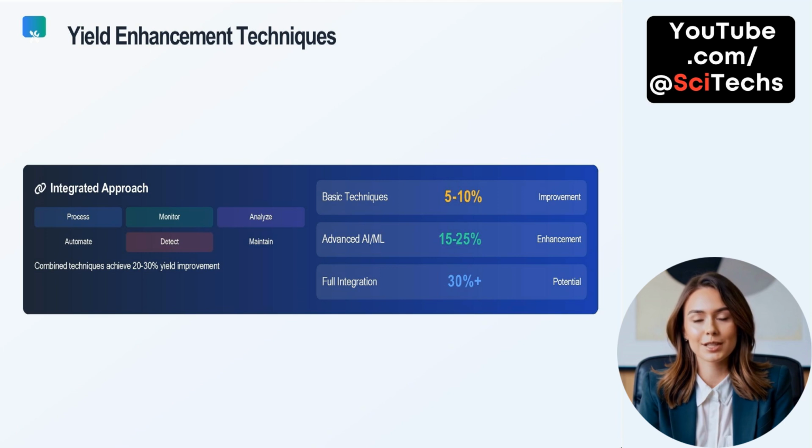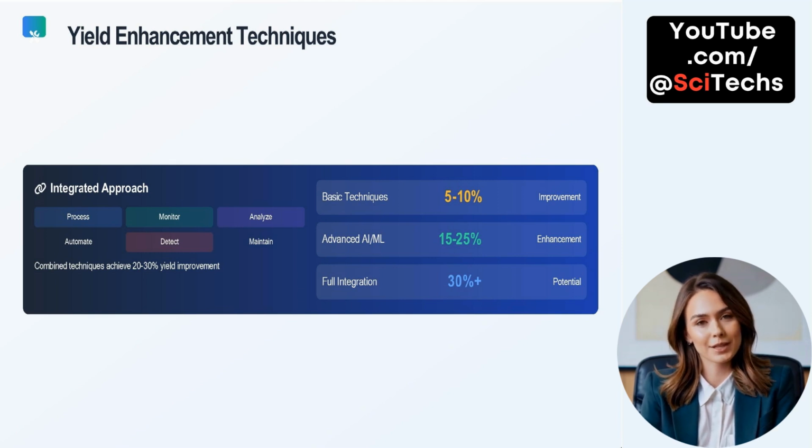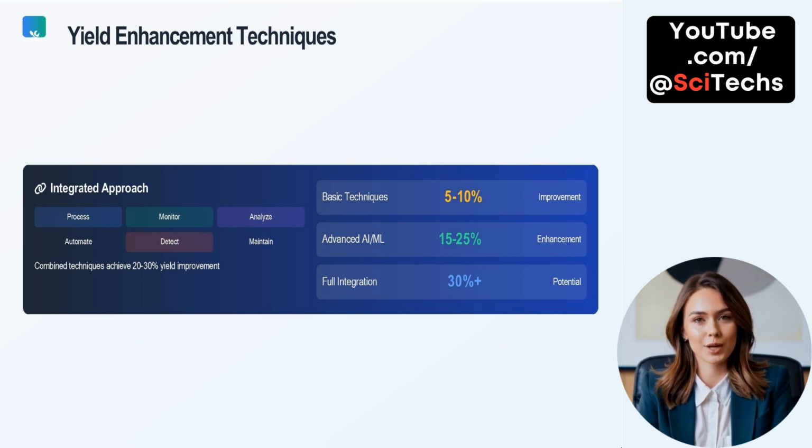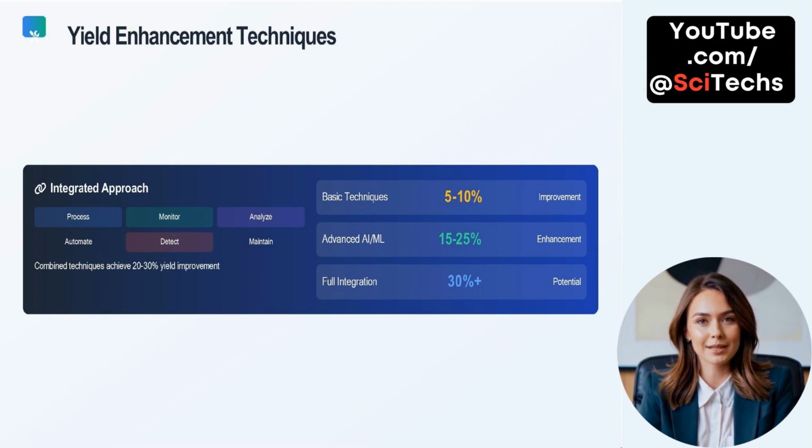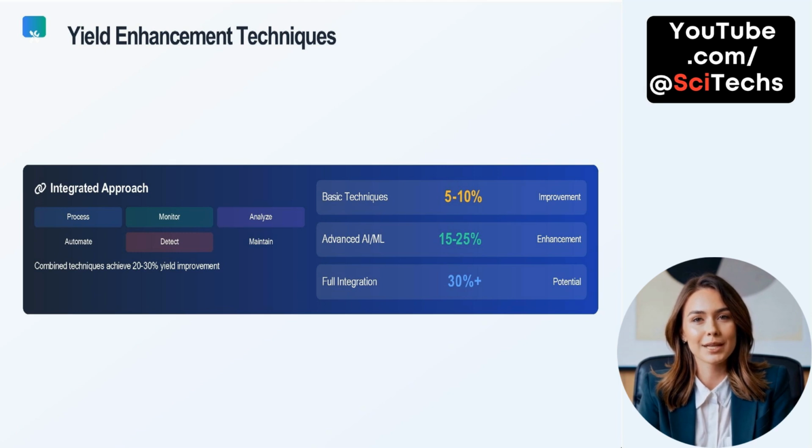Integrated approach. Maximizing yield in semiconductor manufacturing demands more than isolated improvements. It requires an integrated approach. This method combines multiple strategies across process control, monitoring, automation, detection, analysis, and maintenance. When each of these functions is aligned and interconnected, yield improvements become far more impactful and sustainable. The synergy between automation and real-time monitoring ensures issues are identified early, while predictive analytics and AI guide decision-making for